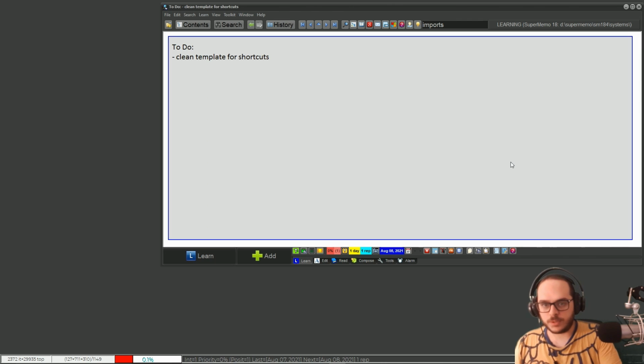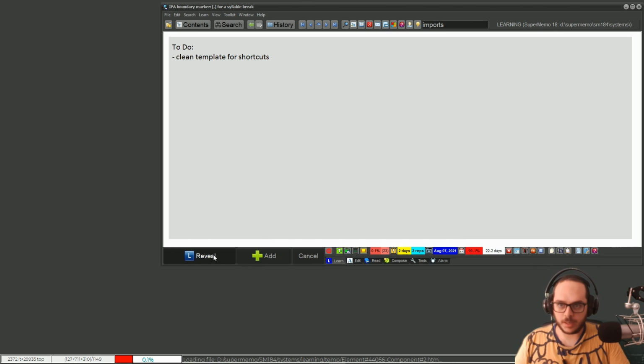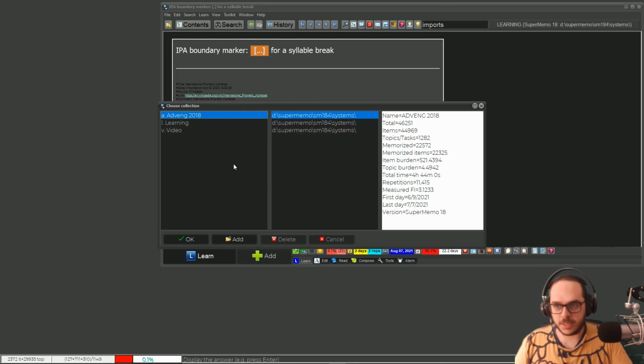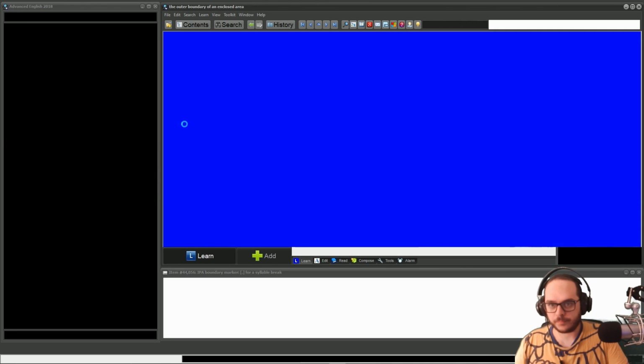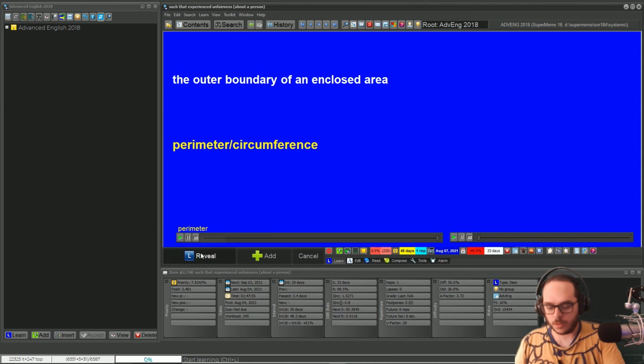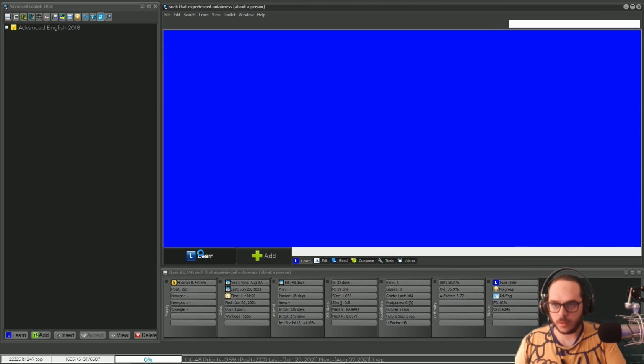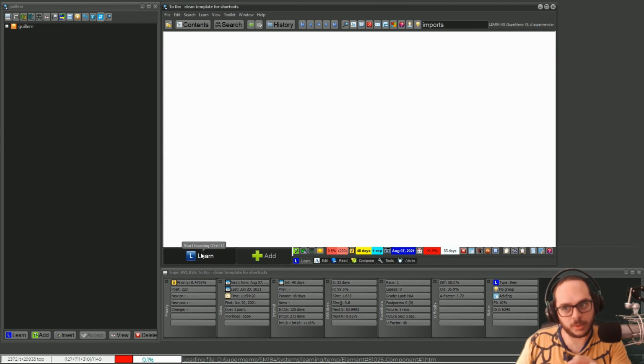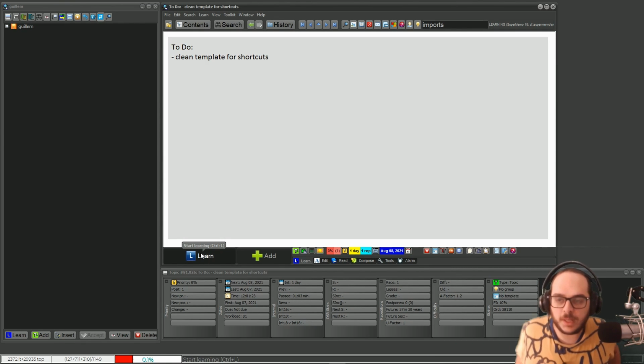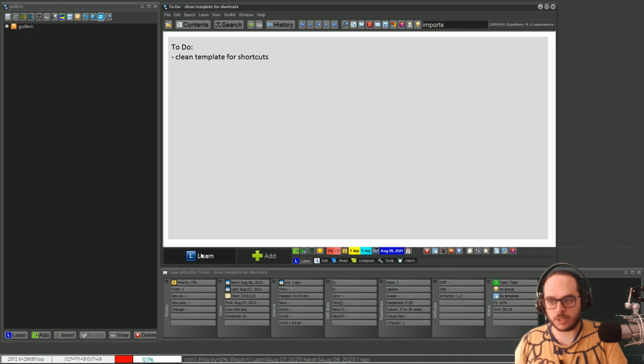So now when I change collection, let me change the item. Okay. If I change the collection, look, I am on the to-do list. So this could be useful if you want to do something that you're procrastinating. It's something you can interrupt, but it's convenient to do, and it's not really needed to have a task. I will use it. And you can do this by collection, because now if I go to my English collection,